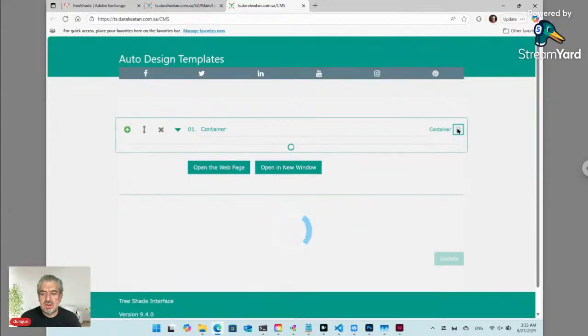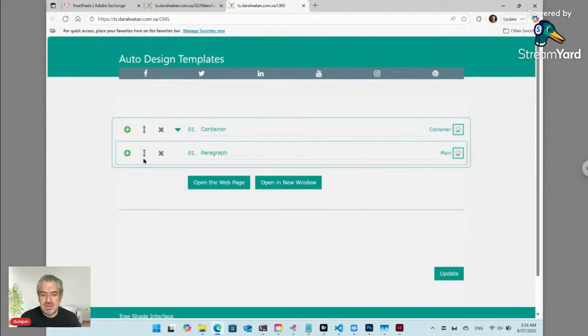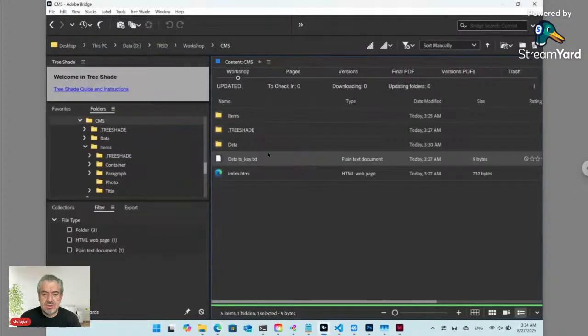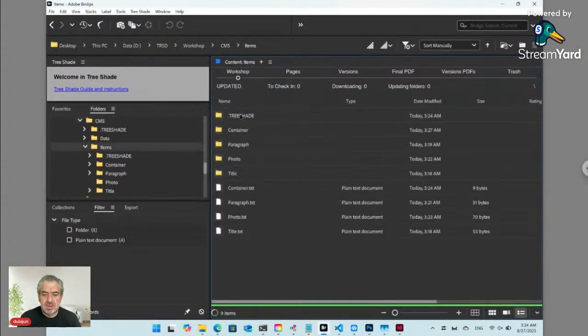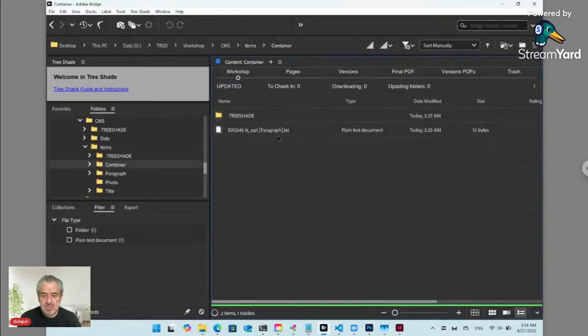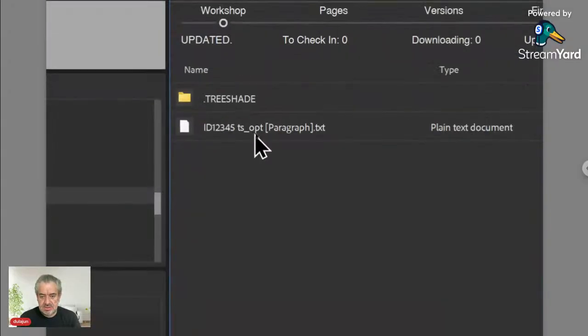When you select container, you will have sub-content with the paragraph, because we included it inside container. If you go to container, you will have a dynamic list with options field, because you have this ts_opt